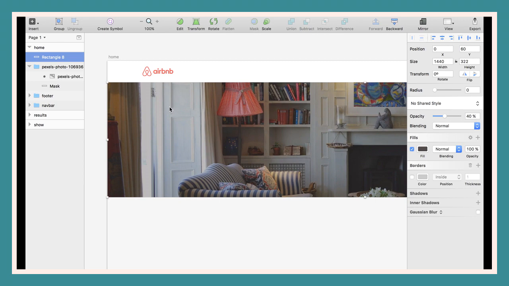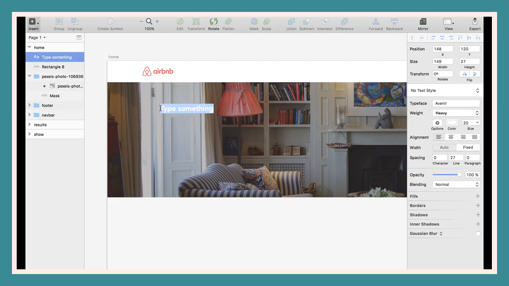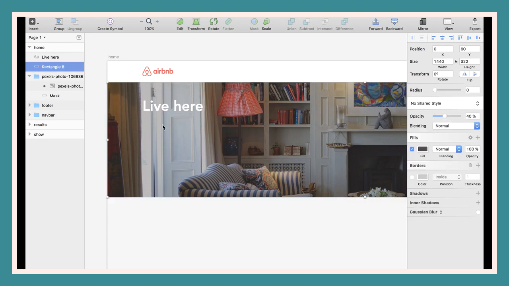So I don't remember the wording of Airbnb, but it's something like "live here." It's smaller, so I need maybe 60 pixels, or it's too big. Let's say 40 pixels. So that's the catch line, so I will just align it with the logo, with the container here. And below, I will say, well,